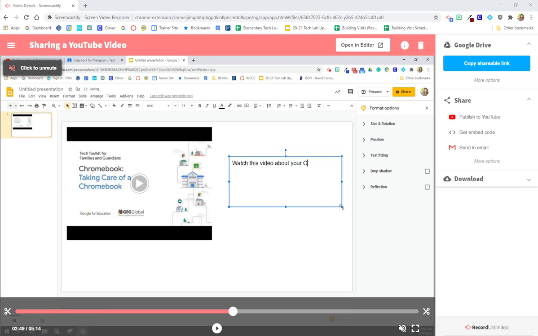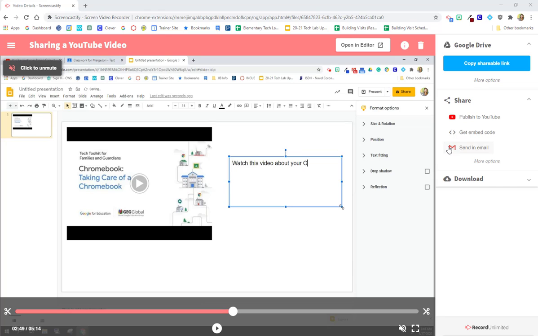In this video, we're going to be talking about all the ways that you can share your Screencastify video, whether it be with parents or with students. How can we share these videos and get them out to the world after we've recorded them? So I have right now, this is the window that pulls up after I've stopped or I've finished a recording